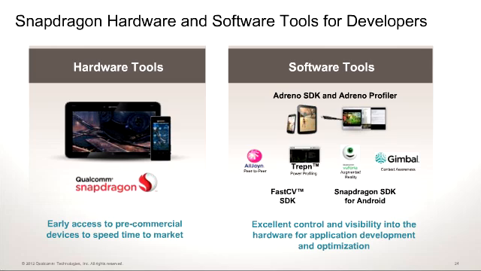FastCV is a computer vision library optimized for mobile. So if you have any applications that make use of camera and computer vision, you should go look at that too. Snapdragon SDK